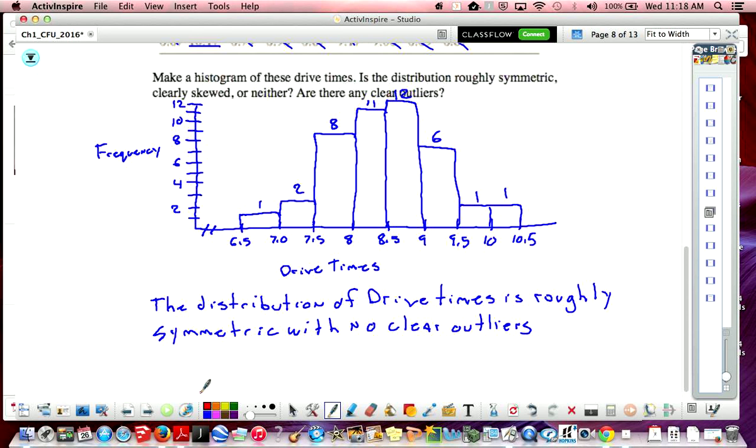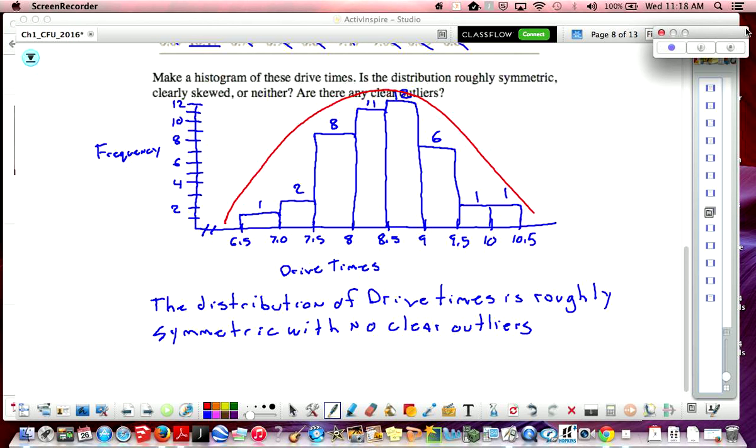So again, the reason why I'm answering that, if I draw a little curve over this, okay, doesn't seem to be any clear tail in one direction or the other, right? And since there's no time frame where it took him like 20 minutes or he got there in 3 minutes, doesn't seem like there's any clear outliers. All right, you can go on to page